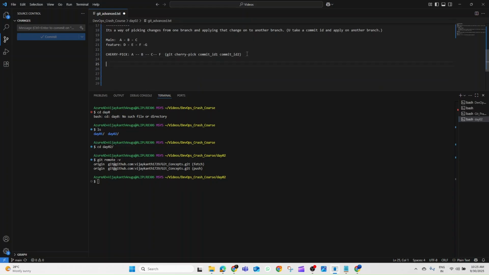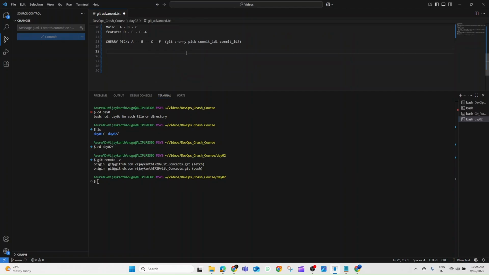Clear? Okay. Right. Yes. Now rebase and cherry pick, we understood. Then we will also do squash. Okay, so we'll understand about squash. Squash is a way of storing your changes,